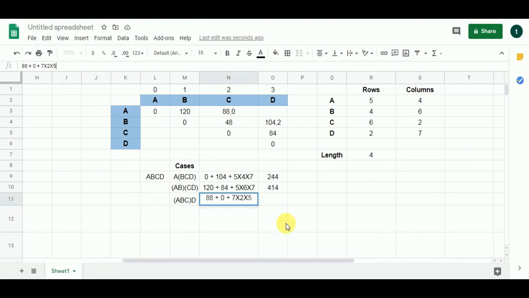So this is going to give me nothing but 158, and as you can see, 158 is the smallest out of these three. So I will be putting 158 over here, along with 2 over here. So we have reached the solution of our problem, which is going to be 158. That is the cost of multiplication which we are going to choose.